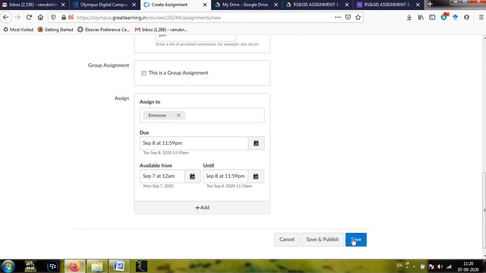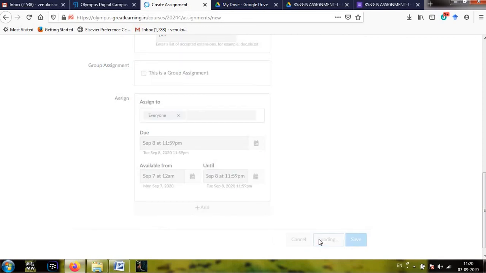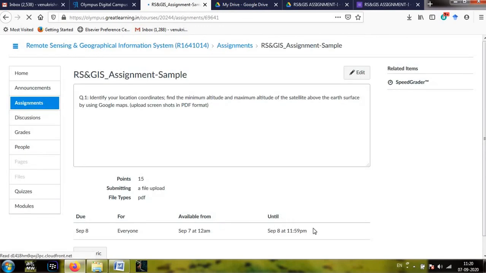If you click only on save, it can't be published to the students, it will be shown only in your dashboard and is not visible to the students. By clicking this you can publish. Now it is available on the students' dashboard, so students can see this RSN GIS assignment sample.